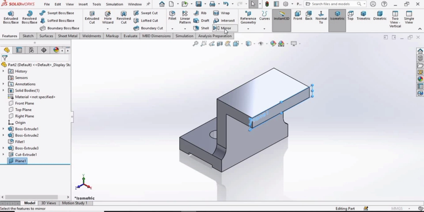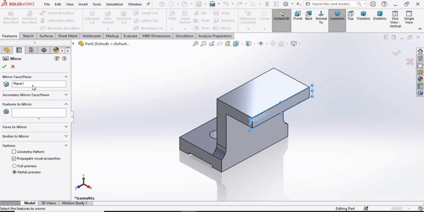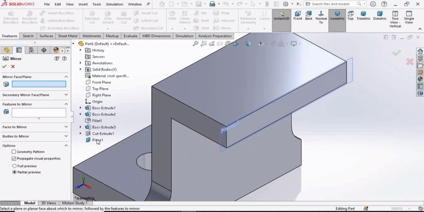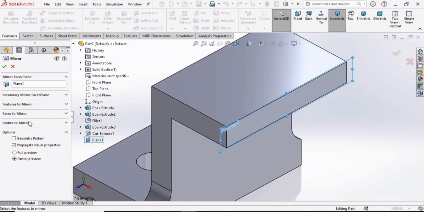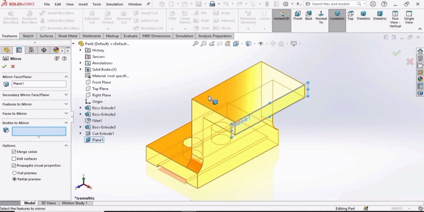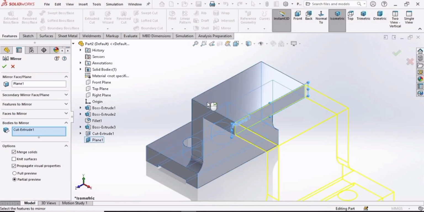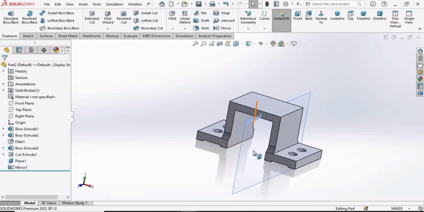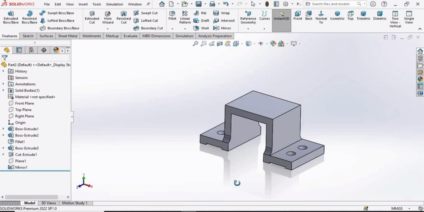and now select this mirror. Here we need to specify the plane we have created, this one, and we have nothing to do with the features because we need to mirror the bodies. So in bodies to mirror, select this whole body, and here you can see in yellow color the whole body is mirrored. So check this box and now hide this plane,